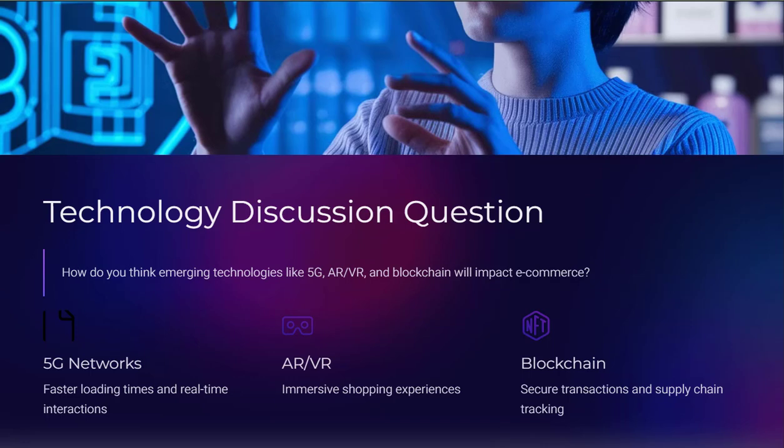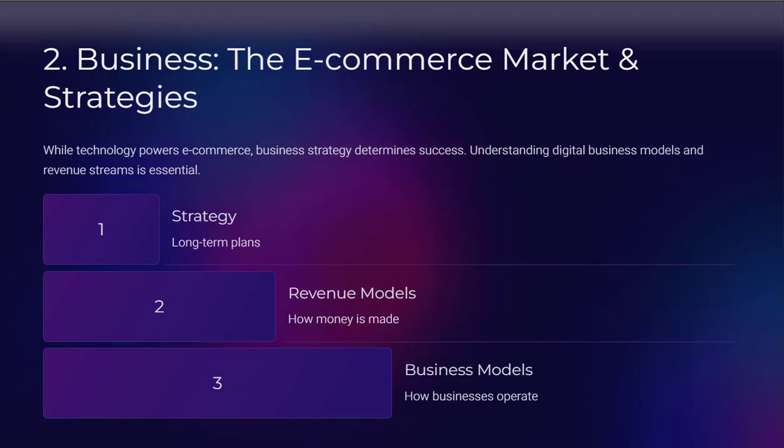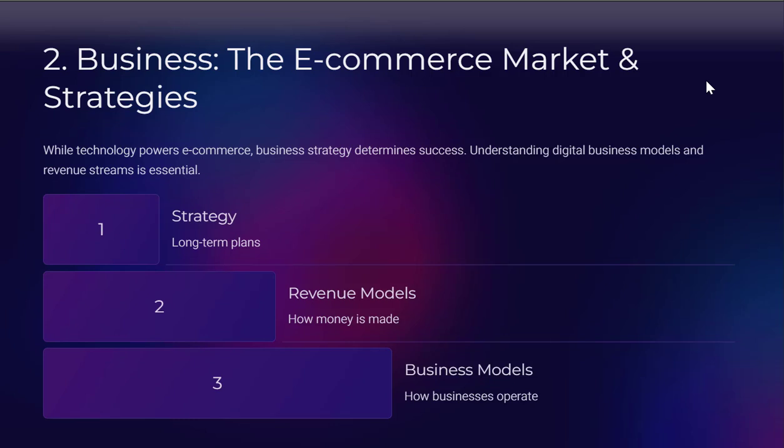Now we look at dimension number 2, the business aspect of e-commerce: e-commerce markets and strategies. So for business, we consider the strategy first, and then the business model, and at the core is the revenue model, value proposition and revenue model. We can look at that in more detail. And also we look at the whole business model, using tools to analyze business models in this course.